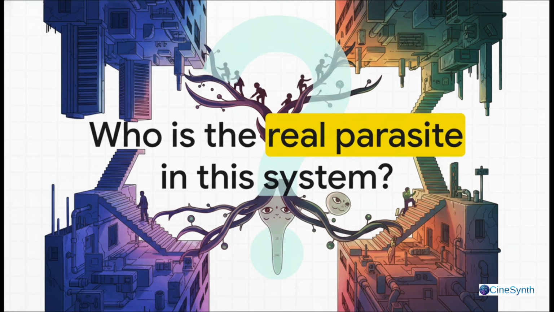Now, as we descend deeper into the structure of this explainer, and please consider this a full spoiler warning for everything that follows if you haven't seen the film, we have to confront a shifting reality. Because the title feels very one-sided at first, pointing a big finger at the Kims, but the film is about to complicate that idea in a genuinely terrifying way.